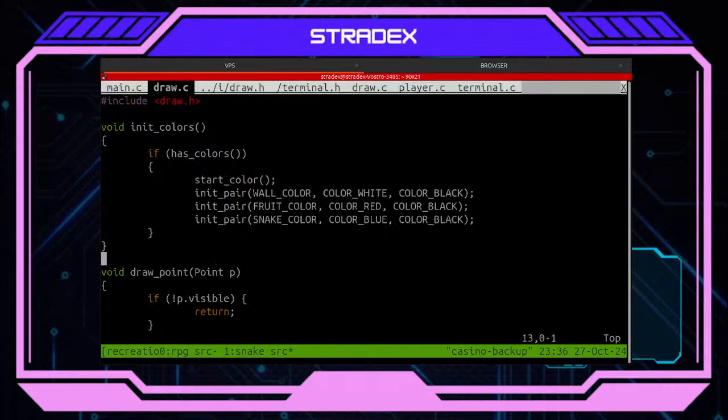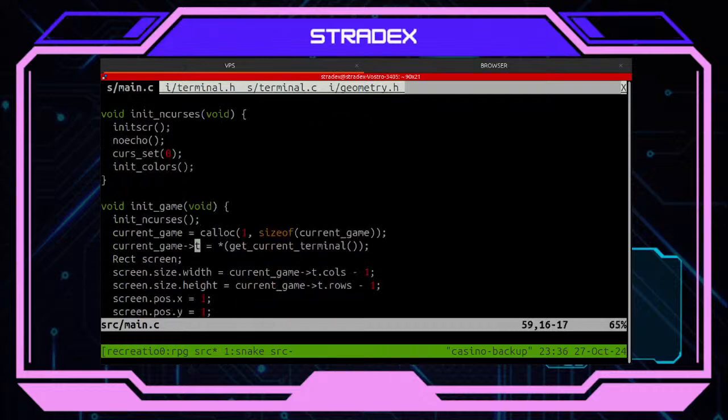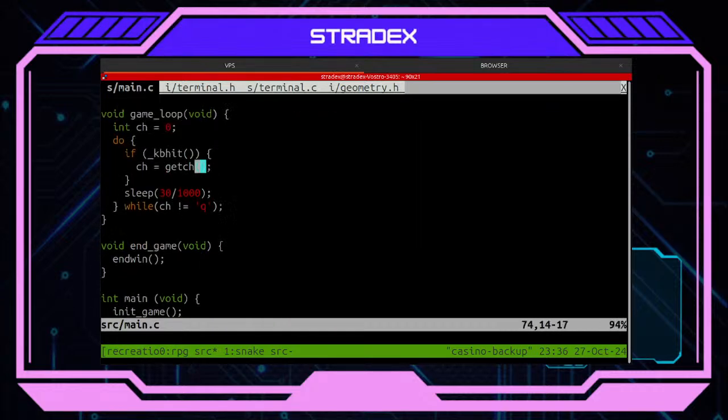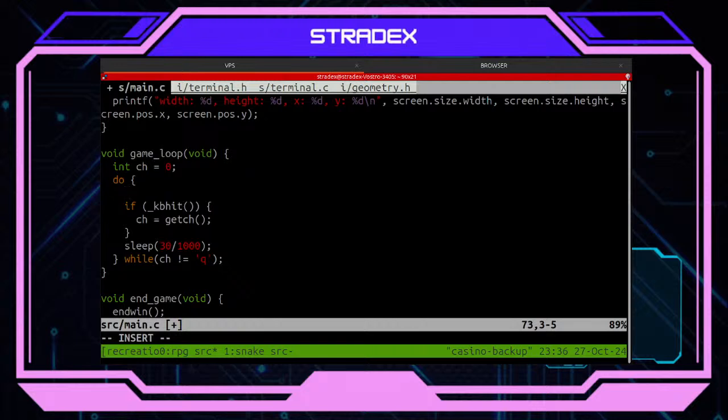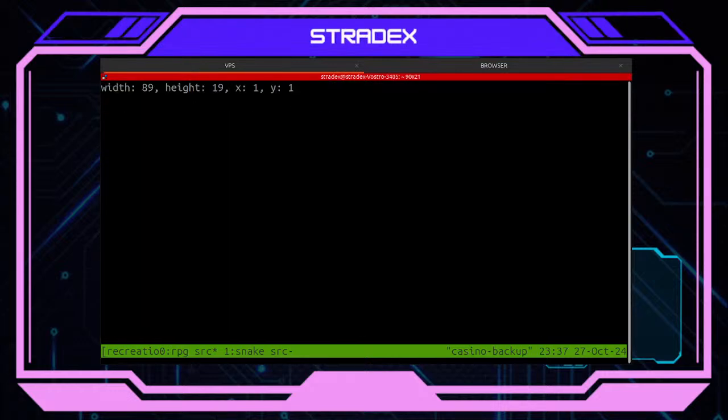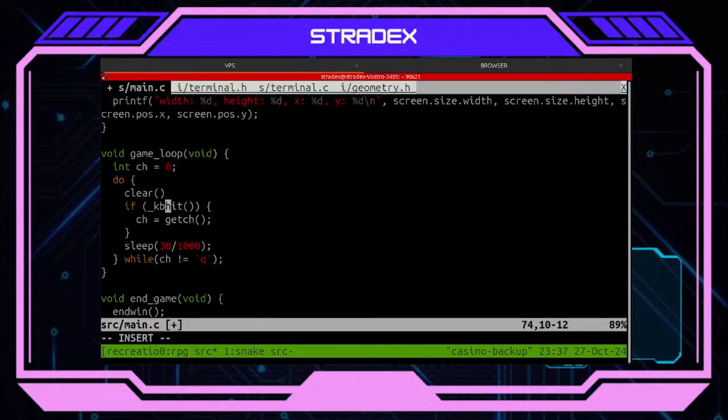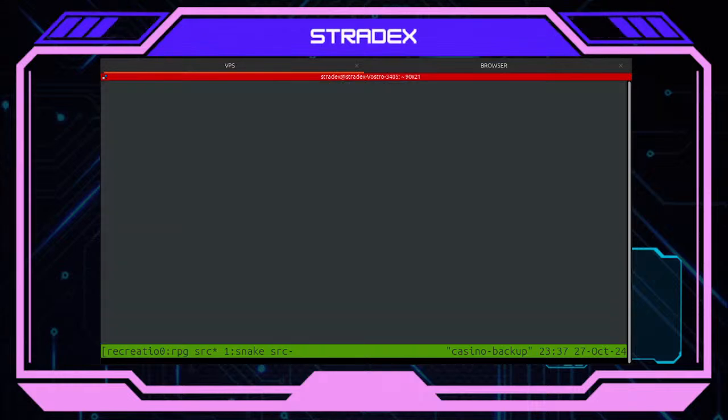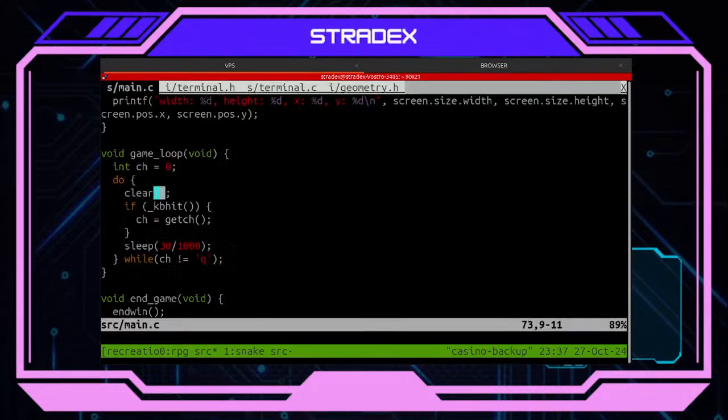Okay, so basically it seems like it's a function from NCurses that I can just go like, I can go like this. Just because this function though.